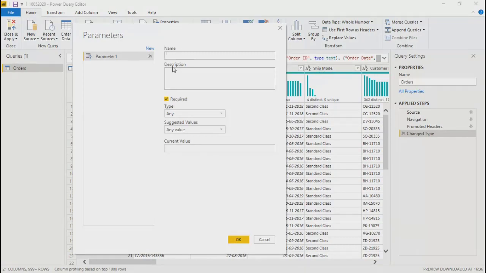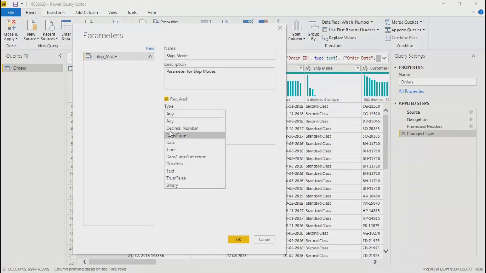So we'll call it ship underscore mode. You can give any name. Description is not mandatory, but you can type anything, like ship modes. The data type will be text because it is a text field over here.